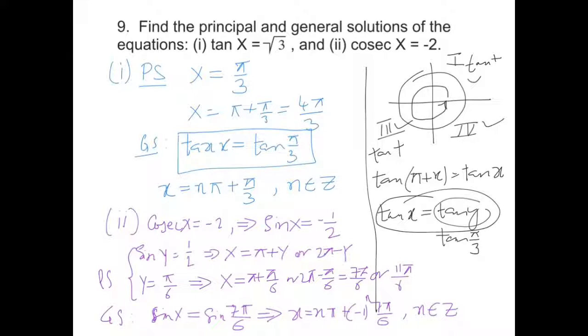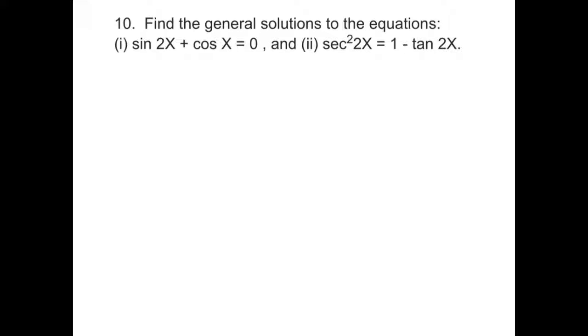So we are ready to move to the next question. So we have question 10 here. Find the general solution